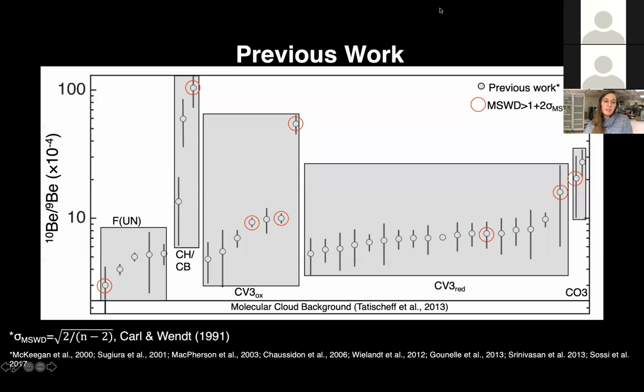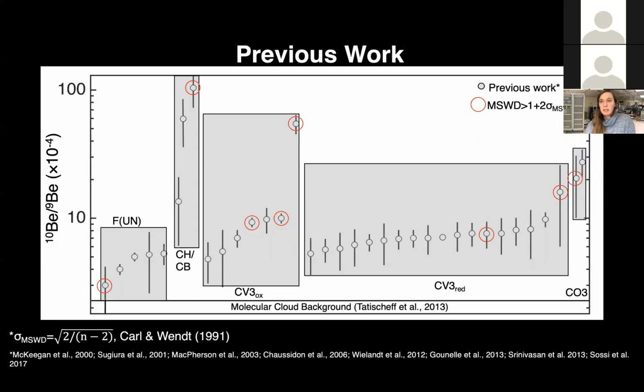Okay, so here's the same previous data plot that I showed earlier with the 10 beryllium over 9 beryllium ratio on the y-axis. And so now I have circled a few data points in red that I've seen to have a high MSWD, higher than the limit based on the number of data points in a regression. And so in reconsidering all of these